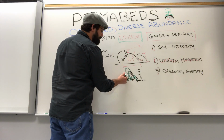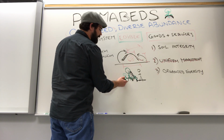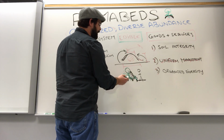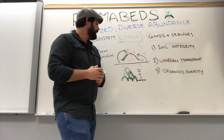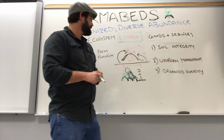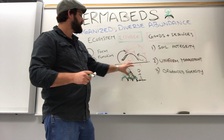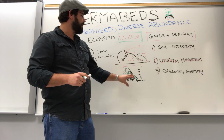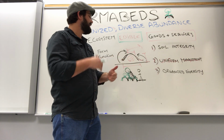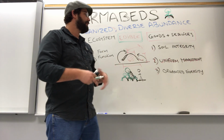For over here in the shade, we might decide to plant some black currants and maybe even put some mint in here along on the edge. And this allows these plants to still produce a lot and be profitable if it's a market garden, or productive and enjoyable if it's a homestead in the shade of the fruit tree. So you're taking into account the ecosystem that you're developing here. So the guild, the triad, the 3-bed system of permabeds allows you to develop organized diversity for profitability, for productivity,